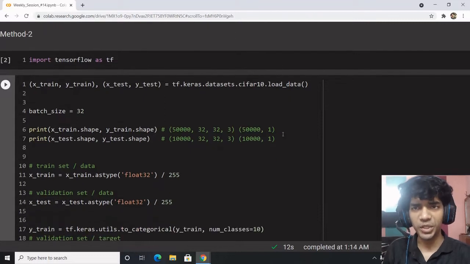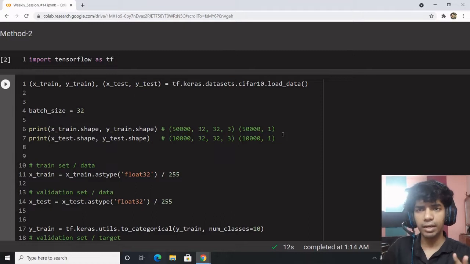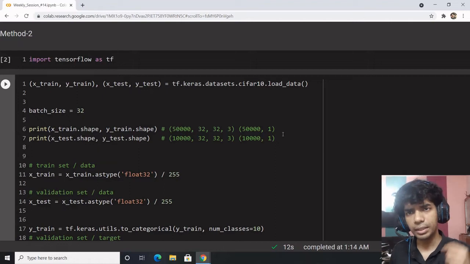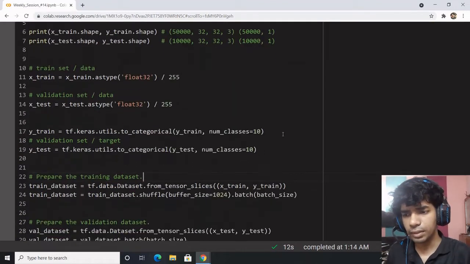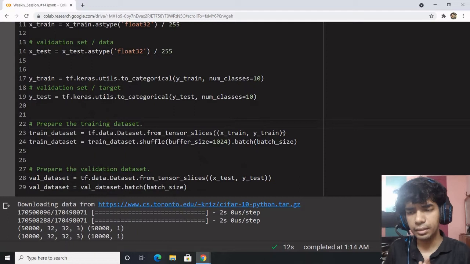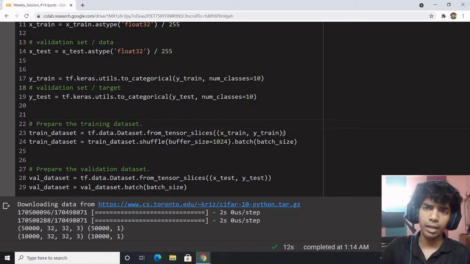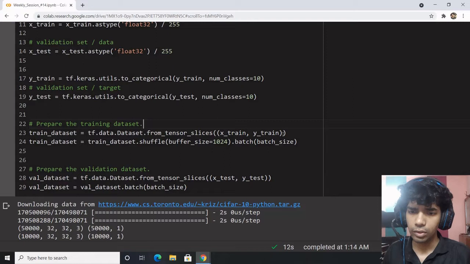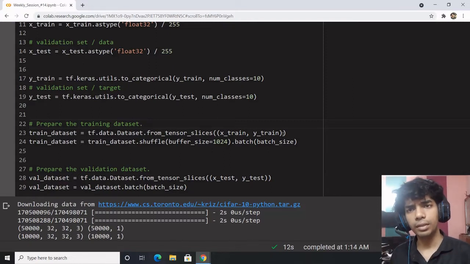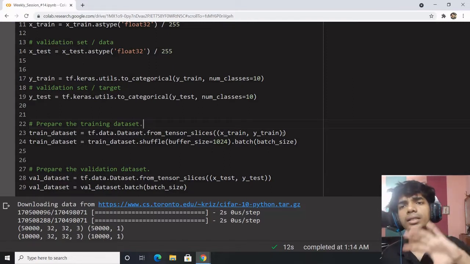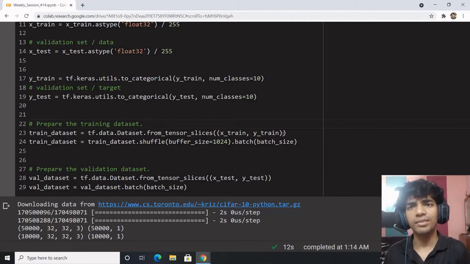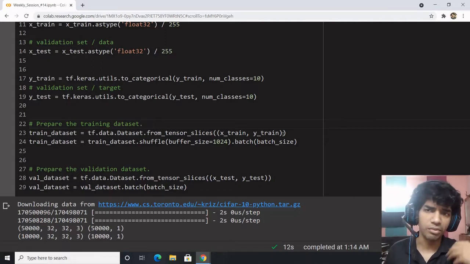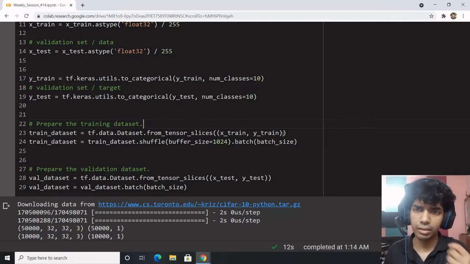So let's proceed to the second part of it, wherein we'll be doing more customizations rather than getting into model subclassing and defining a separate call function, defining the separate fit method. What we're going to do is define the training loop. The training loop will happen outside the model definition. So rather than calling model.fit, we would explicitly do the model training by passing the dataset in batches, and within a batch we'll do the optimization. So we'll do the forward pass, calculation of gradients, and the optimizer update.